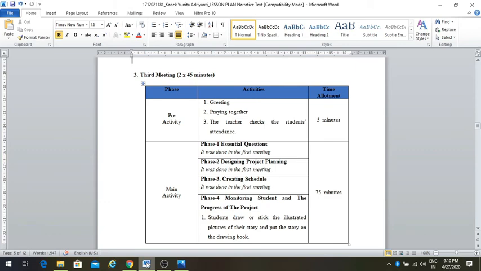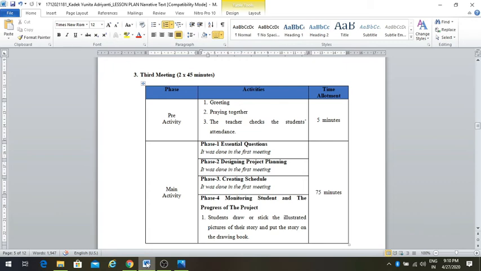Okay, let's move to the third meeting or the last meeting of this topic. In the pre-activity, the teacher greets the students as usual, and then they pray together, and after that the teacher checks the students' attendance. In the main activity, the first phase until the third phase were done in the first meeting, and then after that in the fourth phase,